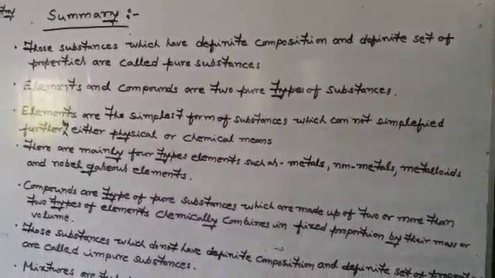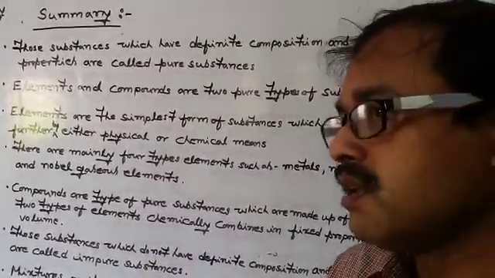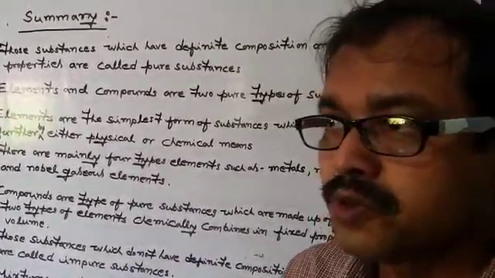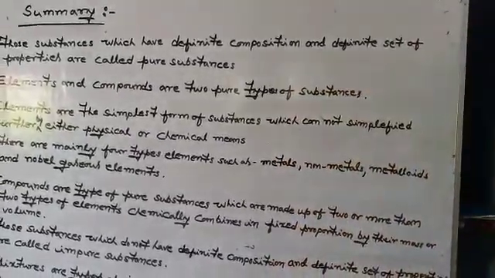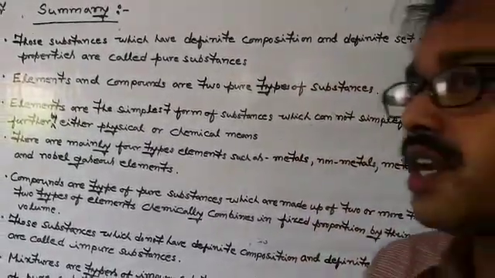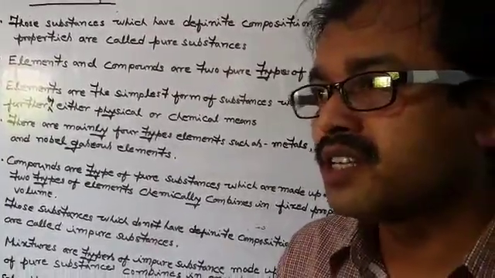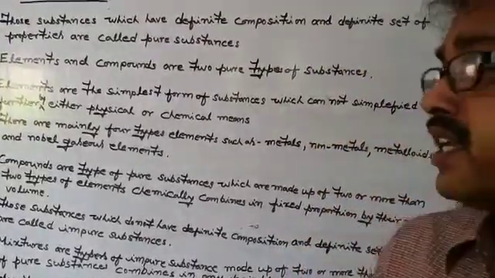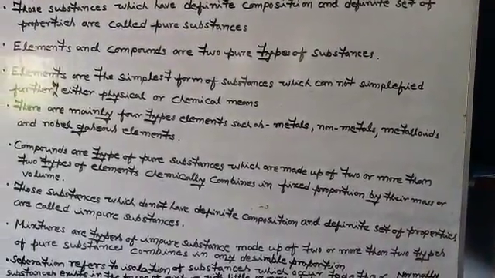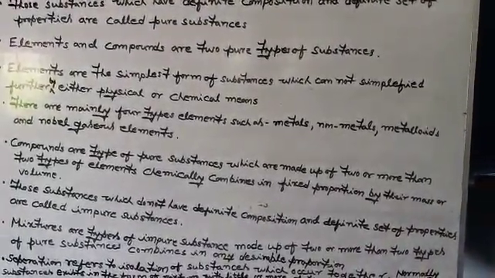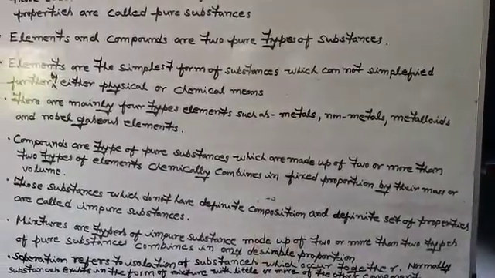What are metals? The metals are types of elements which have the tendency to produce positive ions by losing one or more electrons. Non-metals are the type of elements which have the tendency to produce negative ions by gaining one or more electrons. Metalloids are the types of elements which have properties or characteristic features intermediate between the metals